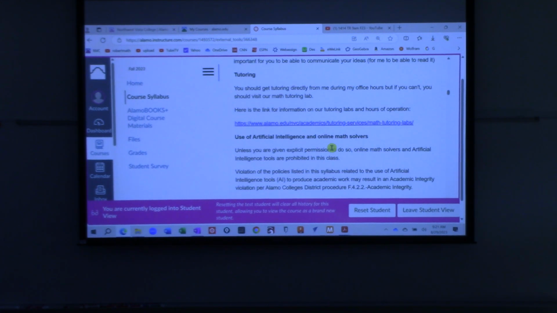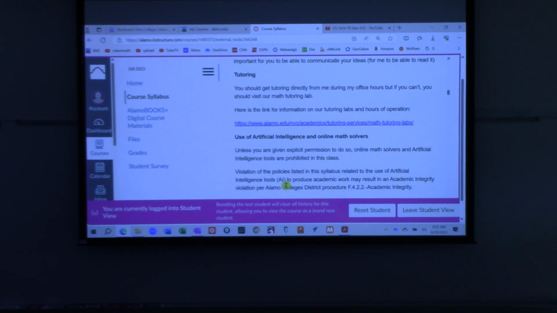All right, tutoring. There's a tutoring center across the way in Juniper Hall. There's a link to it. That's a walk-in tutoring center. You can walk in there and say, hey, I need help. They're expecting you to be there. They want you to be there, all right? There's tutors just standing there waiting to help you. You just have to go over there and get help. And they know the 1414 class, they know what the assignments are, and they can assist you. That's if you can't come and get help from me, all right? Their hours are pretty good. I think they open really early, and I think they close in the evenings, and I think they're even open on Saturdays. So, anybody else need this?